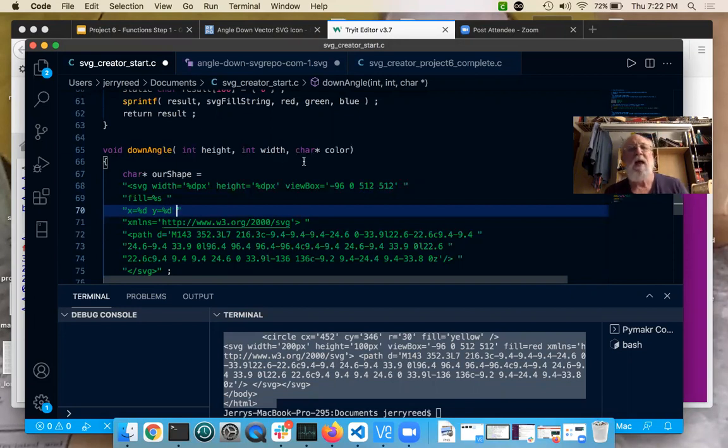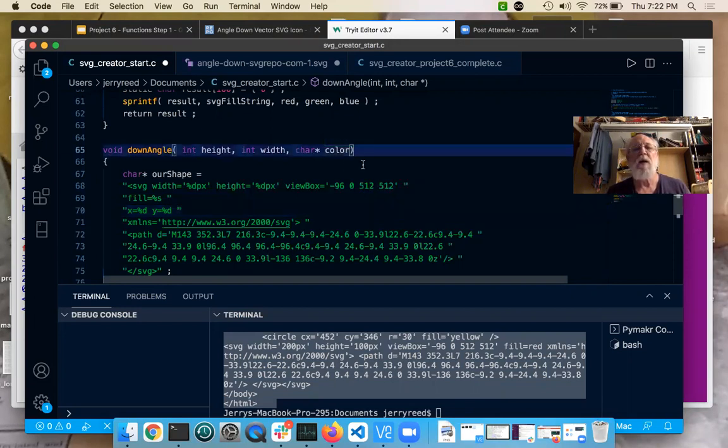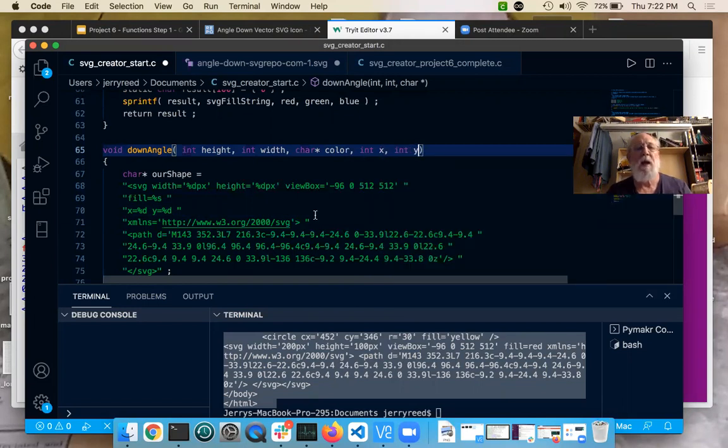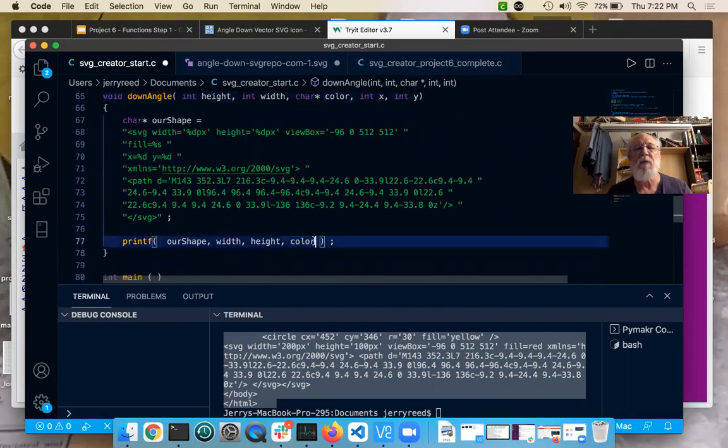Space and add. Wow, we're going to end up with 5 parameters. That's cool. An int X, an int Y. And down here in the printf, of course,